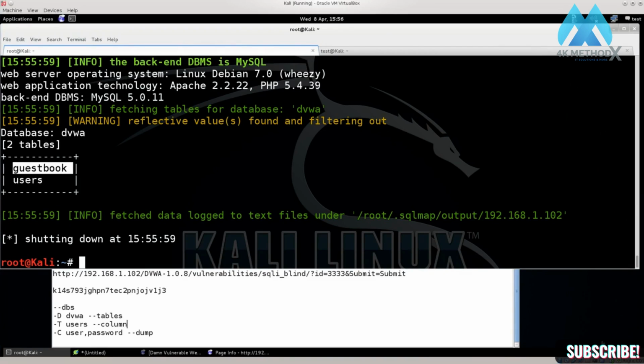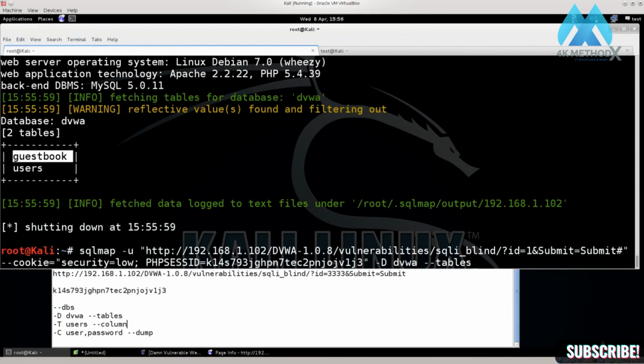Anyway, we got users, we got guest book, so let's have a look at users, because I know that there was something useful there, but you won't know. So go through all of them. If you're doing a genuine pen test, go through everything that you can get. Go through every single table, go through every single column, go through every single database, see what is in there. I cannot emphasize this enough. How many times did people suffer needlessly, primarily because they were just too lazy to go through the stuff that they already had. So let's just go ahead and type in -t